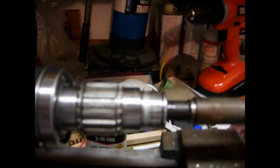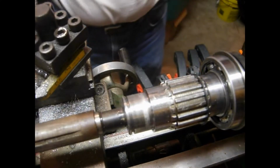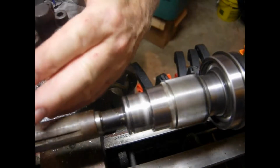So now I'm going to attempt to set this up so that you can see this being cut with the Dremel tool. And we're going to attempt now to do this little regrooving. Turn the lathe on backwards. Turn the Dremel on. And we're going to very slowly